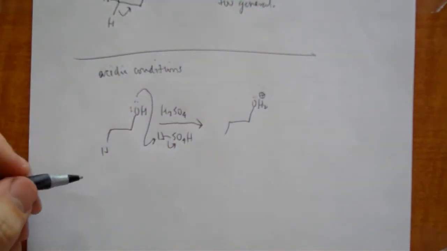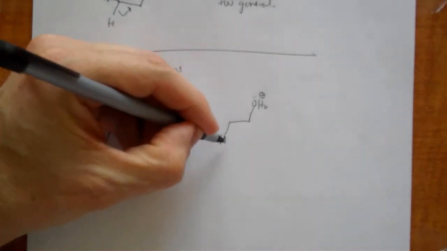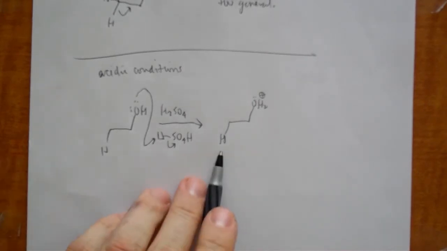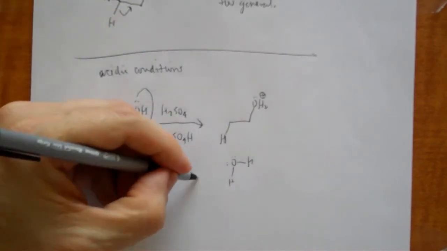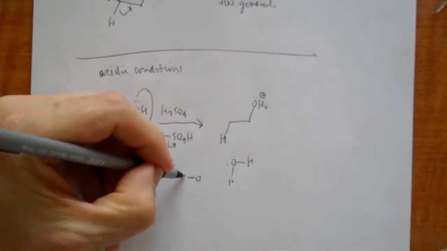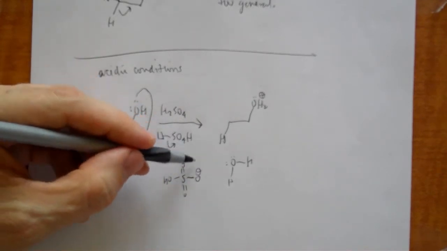right? And I told you the other day, who was talking to me about this? And I said that this proton gets abstracted by a base. Oh, it was Becca. This proton gets abstracted by a base. Which base? Well, I argued with Bruce about this. It turns out on page 497 or 496, she uses the same base I would use, and that's water. In other places, she uses the conjugate base of this, right? There's our SO4 minus,